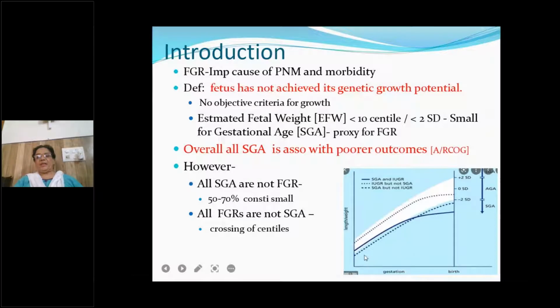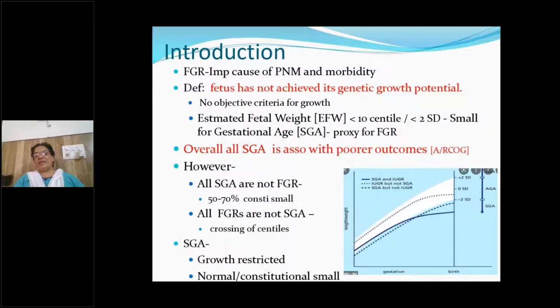Whereas the second baby, which you see as the dotted line, has a genetic potential at the time of conception that is below the white part of the graph. It means it's a normally small baby, and if we follow this graph further, we see it's following the normal growth trajectory without any flattening of the curve. So both these babies are small for gestational age, that is, a weight less than the 10th centile, but one is a growth restricted fetus and the other is a normal small baby.